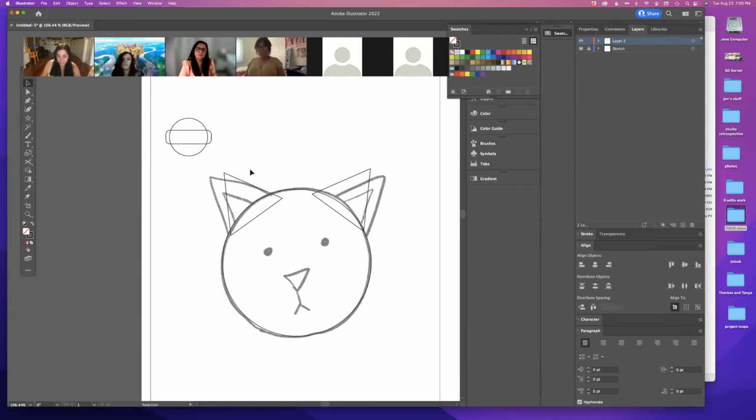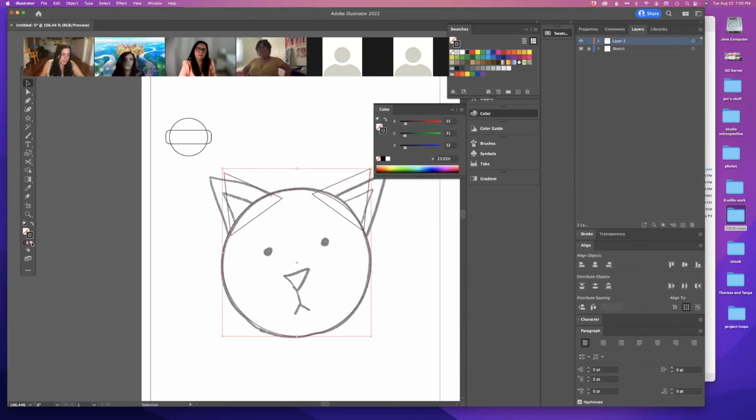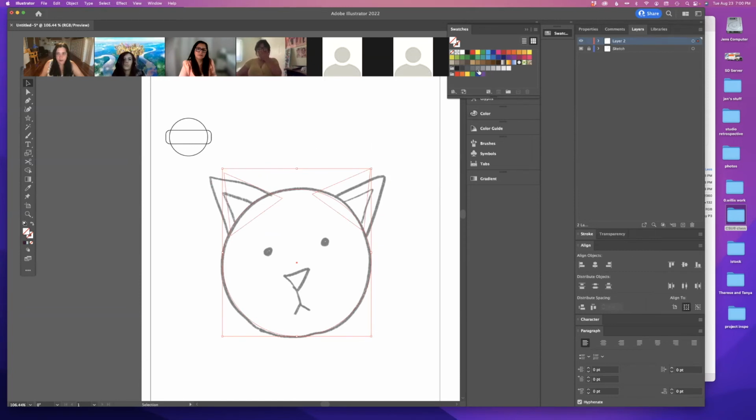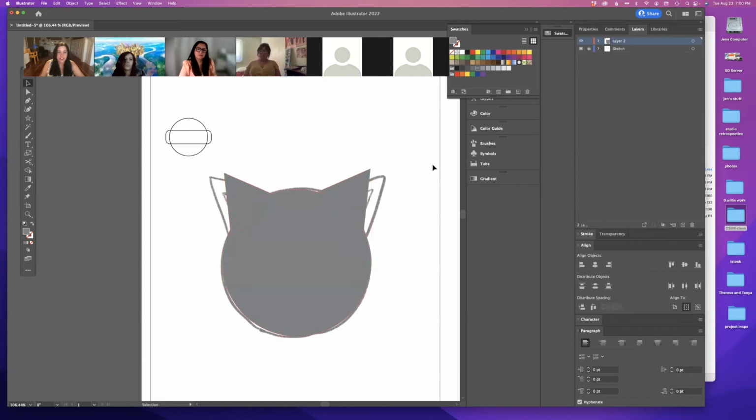Now I could just color these all in the same color. Get rid of that outline, which is down here in tools, or you can have your color palette open. I can color them both in gray. And then when I unclick, it does look like it's one solid object. But what I want you to explore and get comfortable with is the